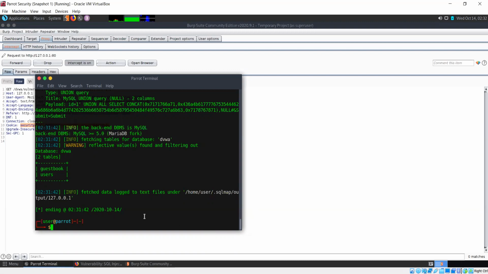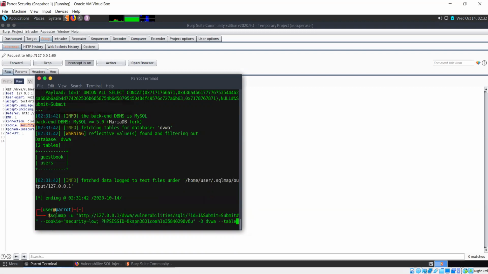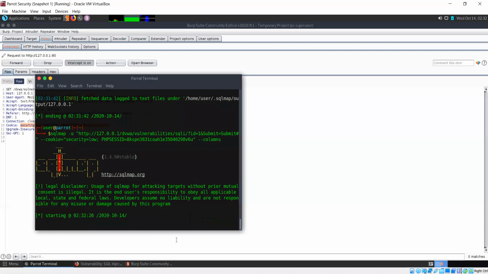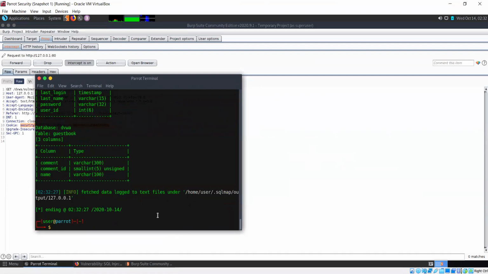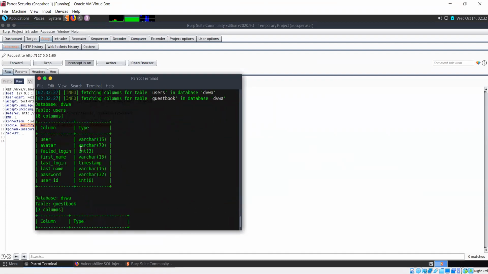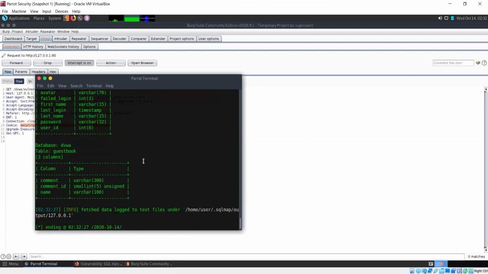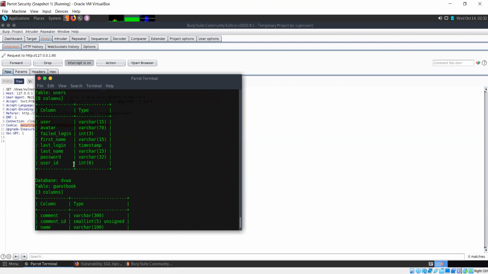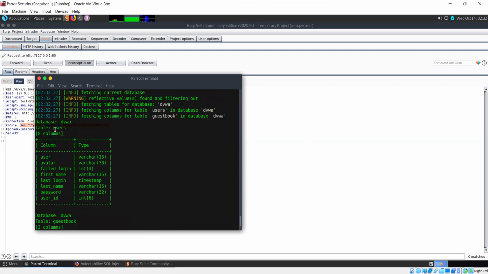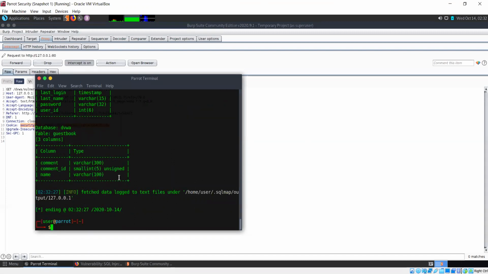If I run this query, let's just say double hyphen columns, it is going to tell us the different columns present in both the tables. So in guestbook there are 3 columns. In DVWA, in users, DVWA is the database, in users there are 8 columns, so it's telling us that.